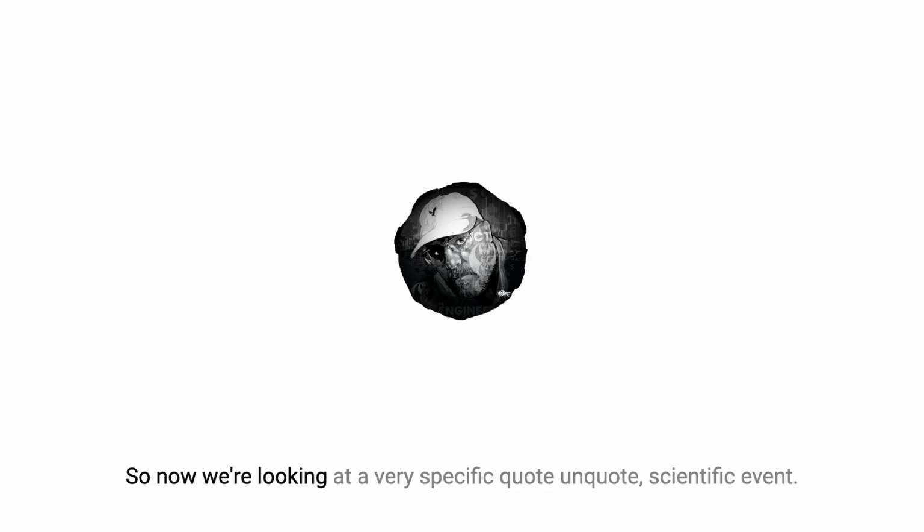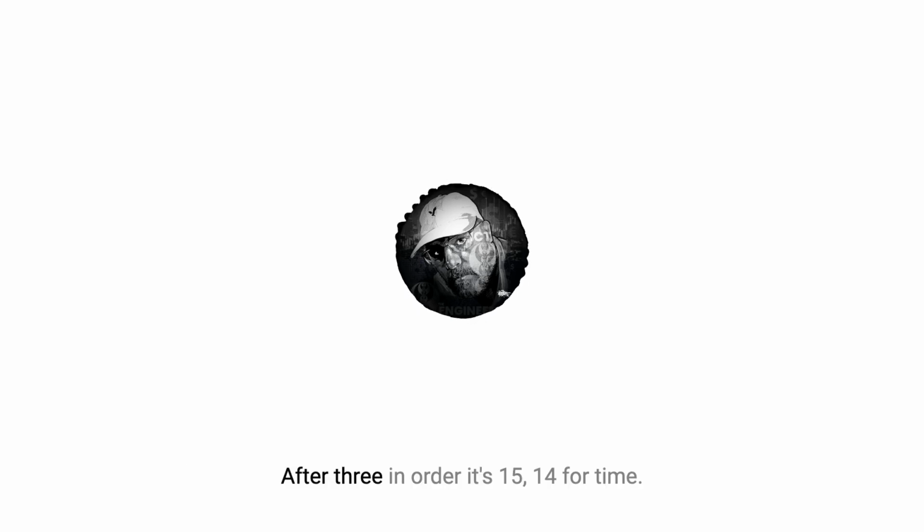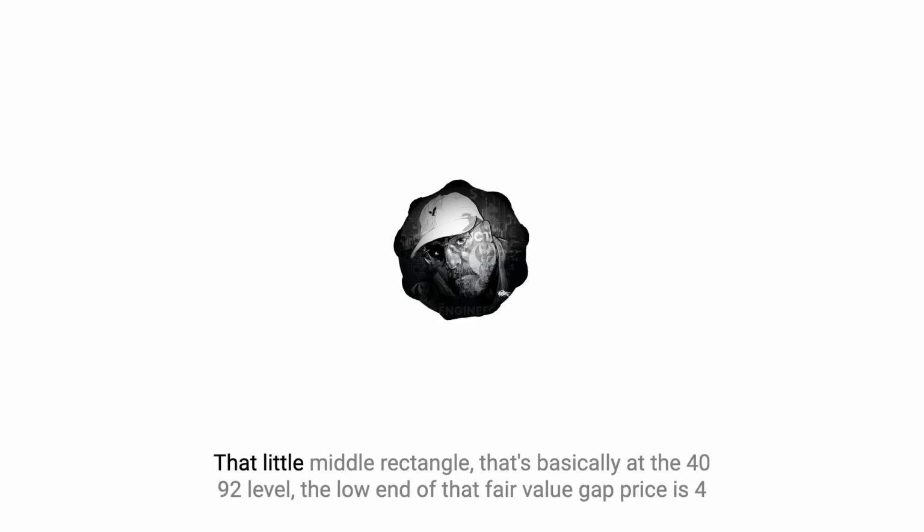So now we're looking at a very specific, quote unquote, scientific event. There's an imbalance. That fair value gap that's on the 14-minute candle after 3. In other words, 15:14 for time. That little middle rectangle that's basically at the 4092 level. The low end of that fair value gap price is 4093.50. And it goes exactly to that price and stops